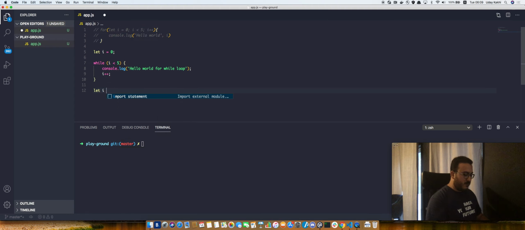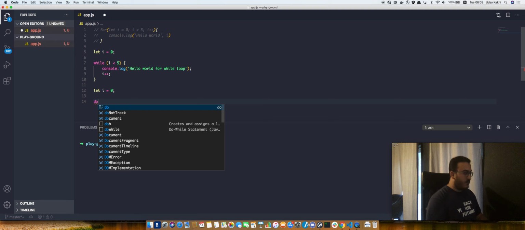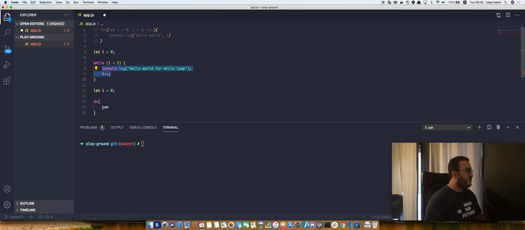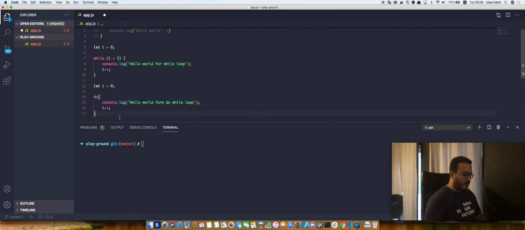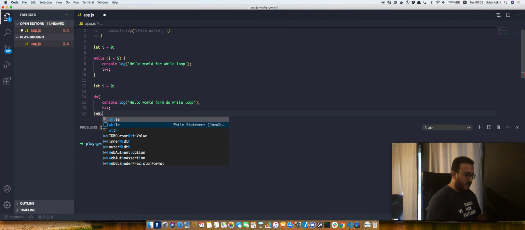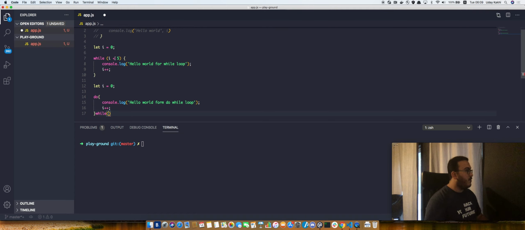So let i equal to 0, and then do, curly brackets. Let me borrow these lines from the while loop, and then I will add my condition, which is while, and I will borrow this one. Let me comment this out